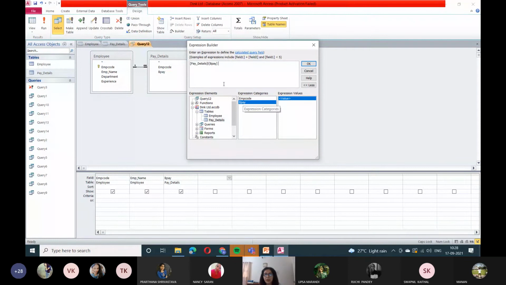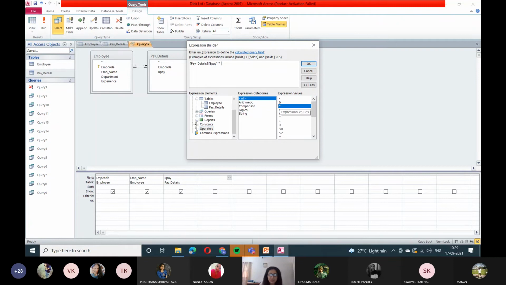Now see at the top. Automatically the details came up that it will pick the basic pay from the pay details table. Okay. Now when it picks this basic pay, I want to apply the formula of 40%. So I go here, look here, there is an option of operators. Right, there is an option of operators. So I click here on multiply, and I write 40%, that is 0.40, and I click on OK.